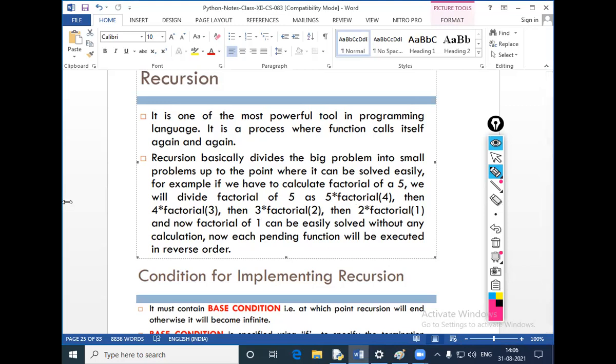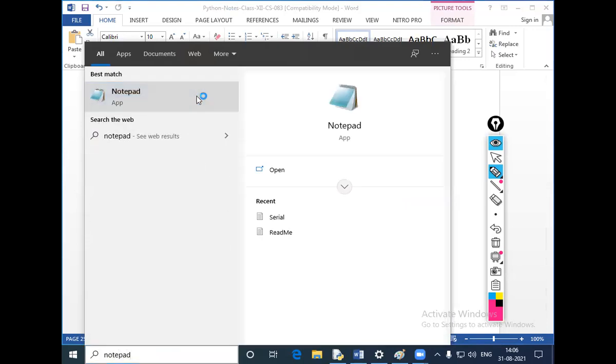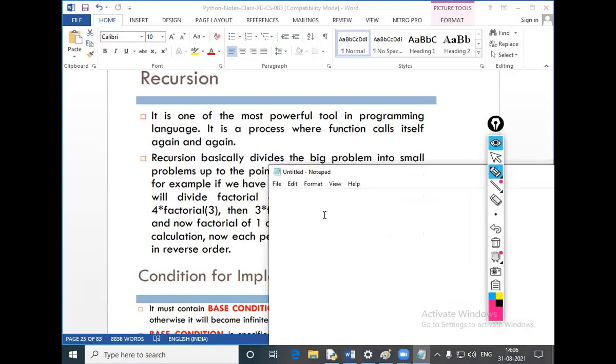Now see how we can perform it. We can take notepad and understand. Suppose I have created a function factorial with integer n. I will call factorial 5.